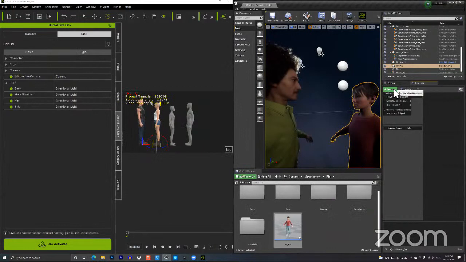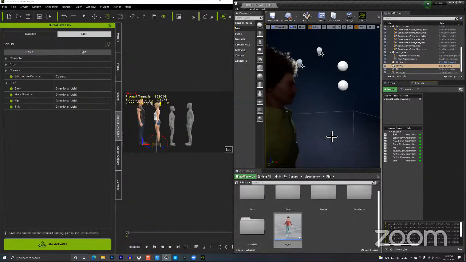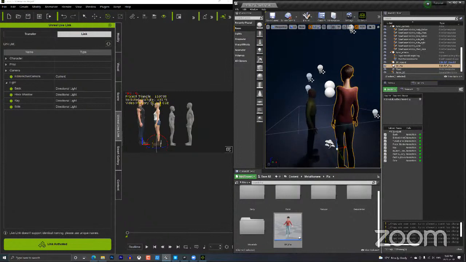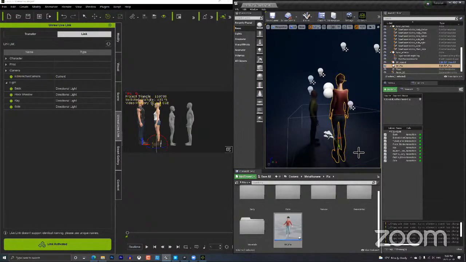But let's go ahead and choose a source. Source, iClone Live Link, port 54321. Sounds good to me. All right, so now Pia has gone into a weird position there. Not sure why that is, but